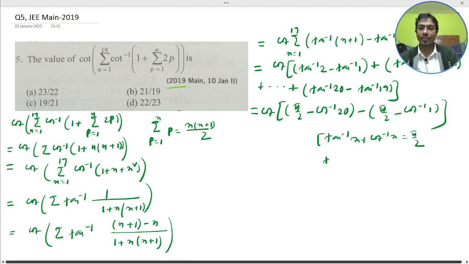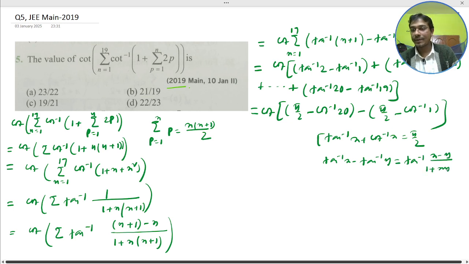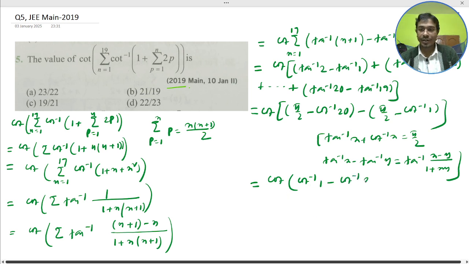And another important formula, we just use tan inverse x minus tan inverse y, that is equal to tan inverse of x minus y divided by 1 plus xy. So here it would become cot of cot inverse 1 minus cot inverse 20,